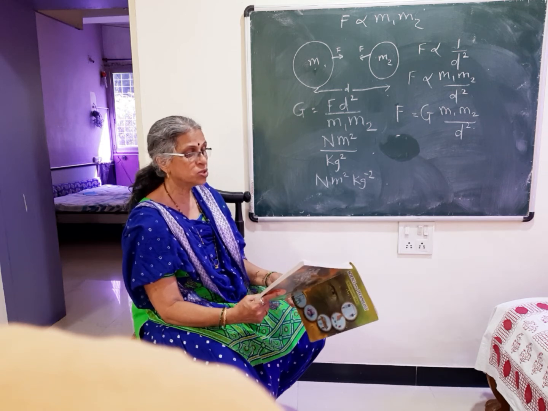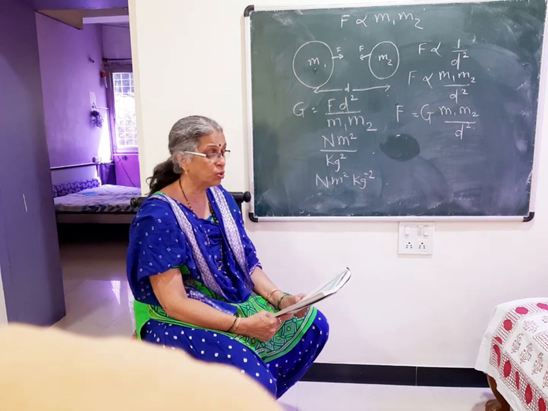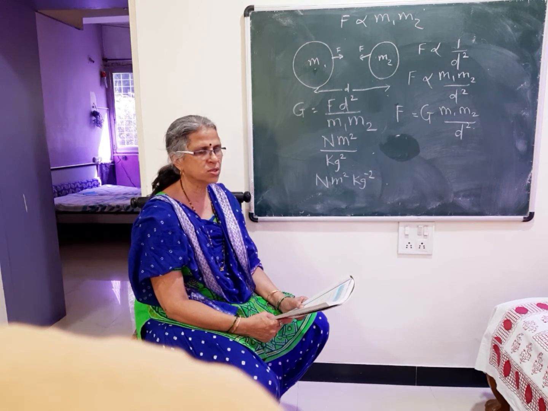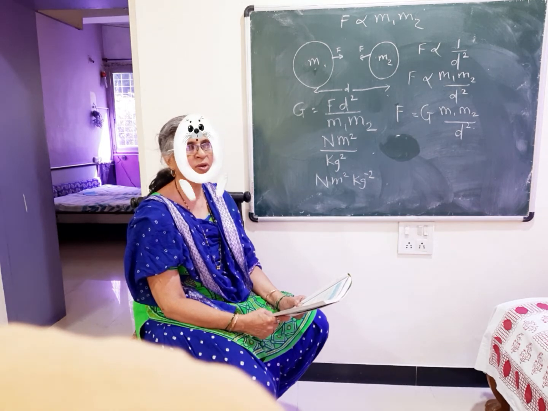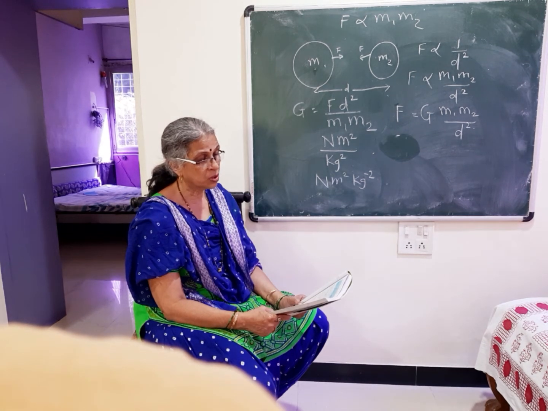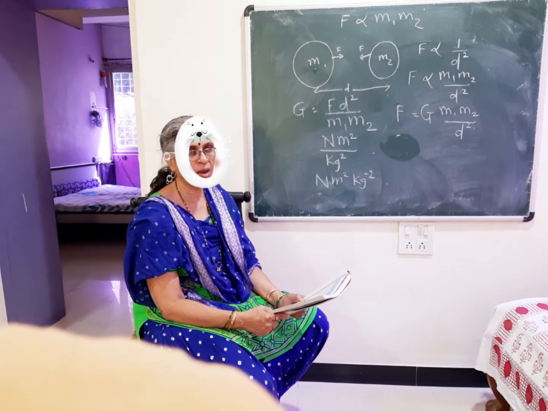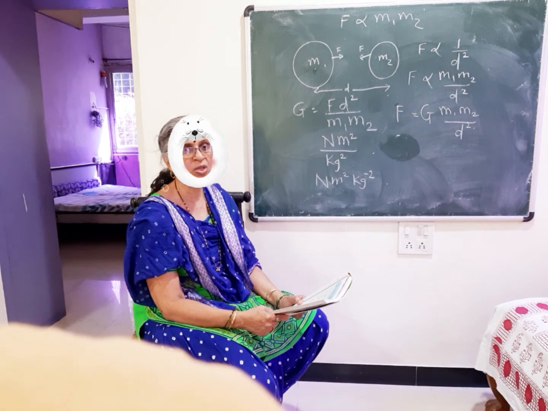Now we are going to see how Newton proved that the force exerted is inversely proportional to the square of the distance, and therefore it is also known as the inverse distance square law. So the law of gravitation of inverse square distance. Here he was helped by Kepler's third law, which is T square proportional to R cube.